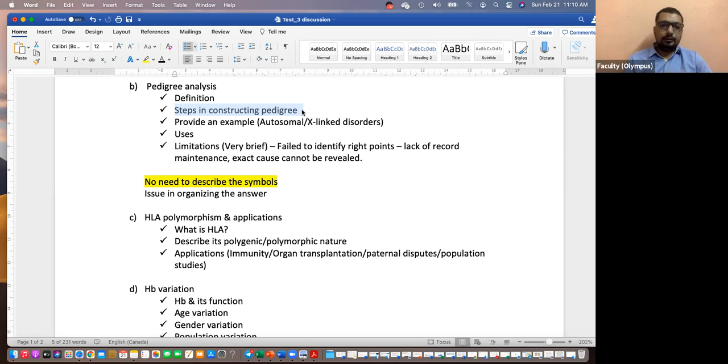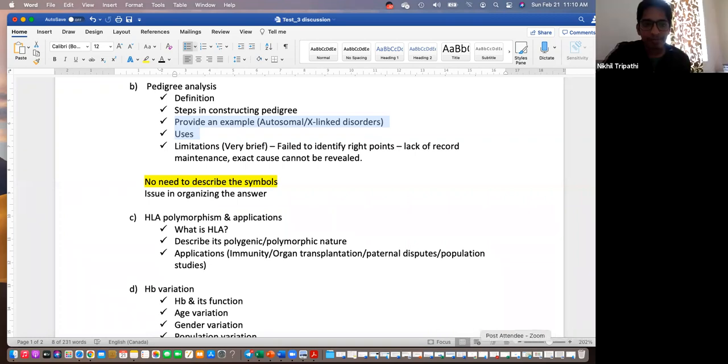So what you can do, you mention this and give example underneath it, or start with the example. In the process of explaining example, show how it is constructed. Doesn't matter. So what I'm seeing here, the process, explain the process of constructing pedigree chart. What is pedigree chart? How is it made? With an example, how is it useful? What are the limitations? Okay, is that clear? Right. If you want, I will show you.